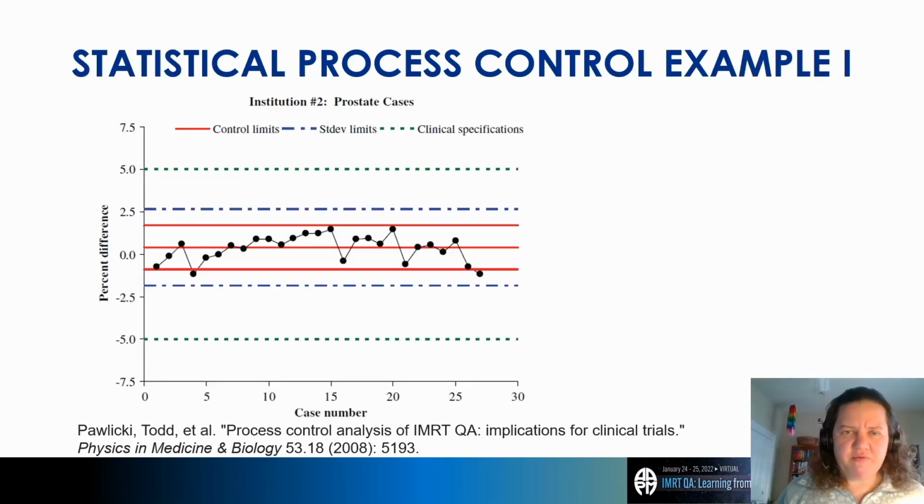Here's one example of how that would look. Prostate IMRT QA, fairly standardized, simple plans. You have the clinical specification of plus minus 5% that would get your QA to pass. Based on your initial data set, you know that you actually have a standard deviation that looks like plus minus 2 and some odd percent here around a mean value that's slightly different from 0. And your control limits, the t parameter that you wanted to dial in. For this, you can set it fairly tight because you have fairly small random errors, and so it doesn't